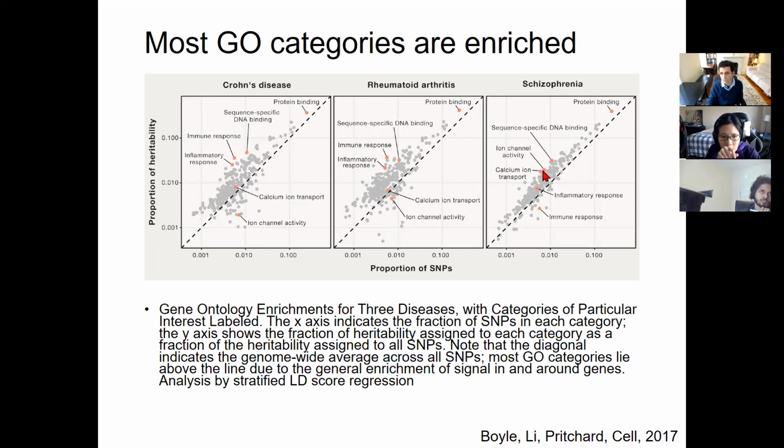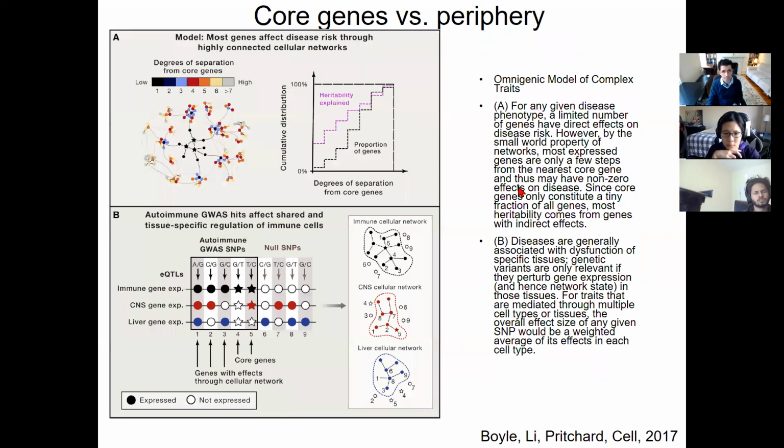But ion channel activity is in fact enriched in schizophrenia, along with a bunch of other things like protein binding and sequence-specific DNA binding. So what's really weird is that across many very different disorders, the same set of functional classes continue to be systematically enriched. And the way that Jonathan Pritchard and Alan Boyle and others have basically sought to explain this is